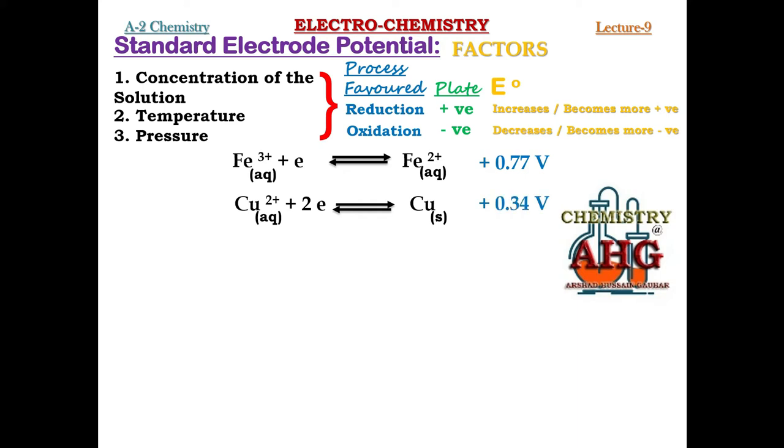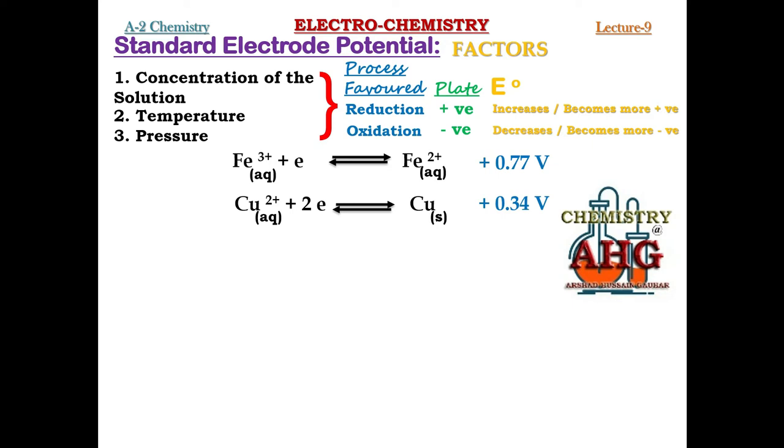Now let's suppose for this half cell, it is asked what is the effect of an increase in the temperature on the numerical value of this electrode potential. So again, you will start thinking, you will make up your mind before writing an answer. What you must remember, in the forward direction, reduction is taking place. In the backward direction, oxidation is taking place.